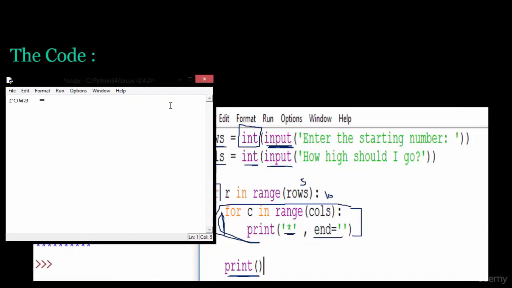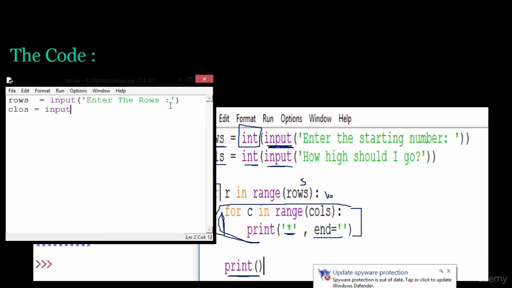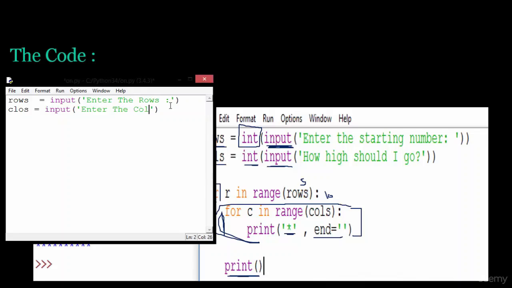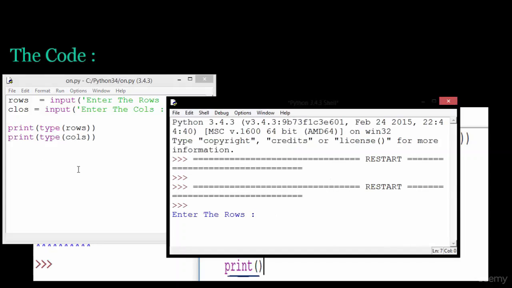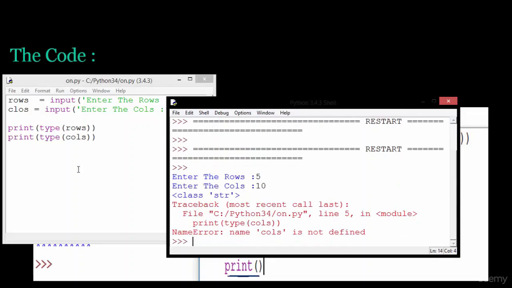First, I'll take a value from the user, input, enter the row. Then I'll take the columns number, input, enter the columns. Remember, let's see the type of row and the type of column using the type method. If I say here print type of row and here print type of columns, if I save, then I run, we will see here enter the row 5, enter the columns 10. We will see here class,